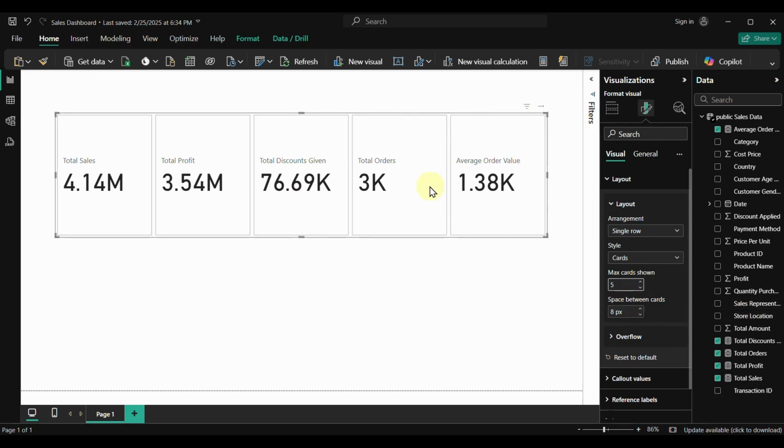This space between the card is for each card. What is the distance between each card? You can decide to remove, or you can decide. But me, it's okay. That 8 is okay. I can even go to even 10. Okay. 10 is fine. So let's go to cards